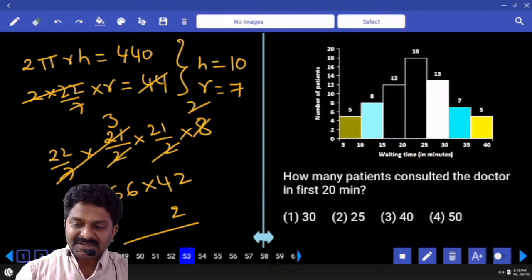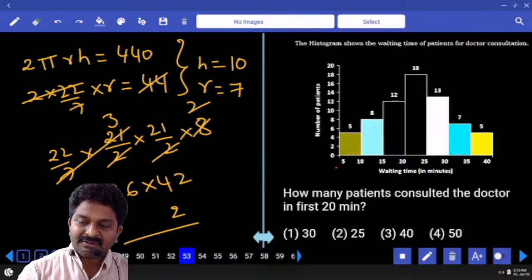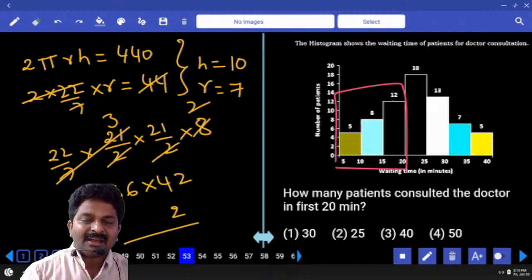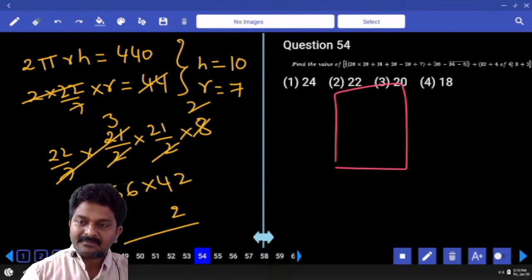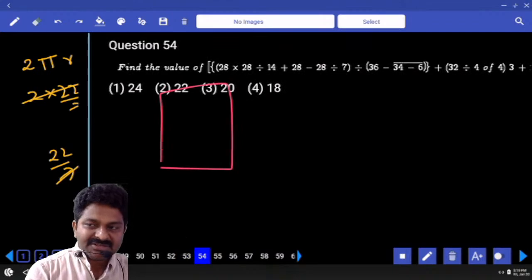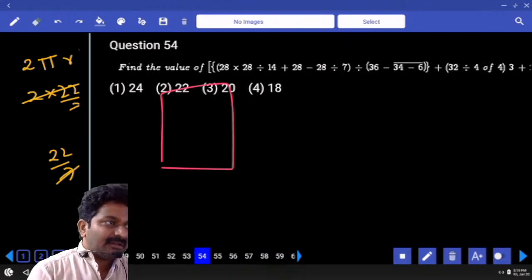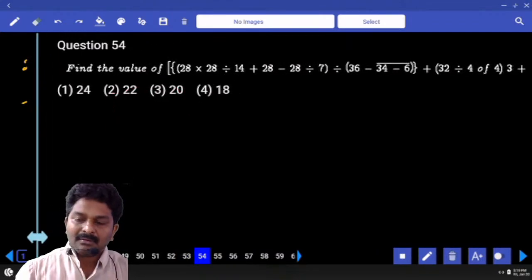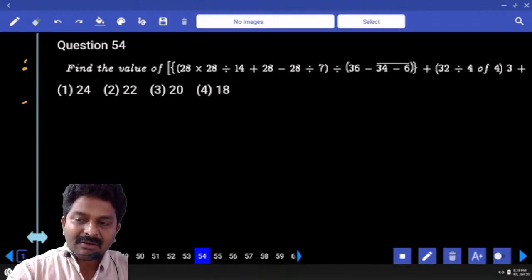How many patients consulted the doctor in the first 20 minutes? First 20 minutes, this is the area. Sum is 25. You want me to discuss this question? Yes? Somebody said yes. So now,